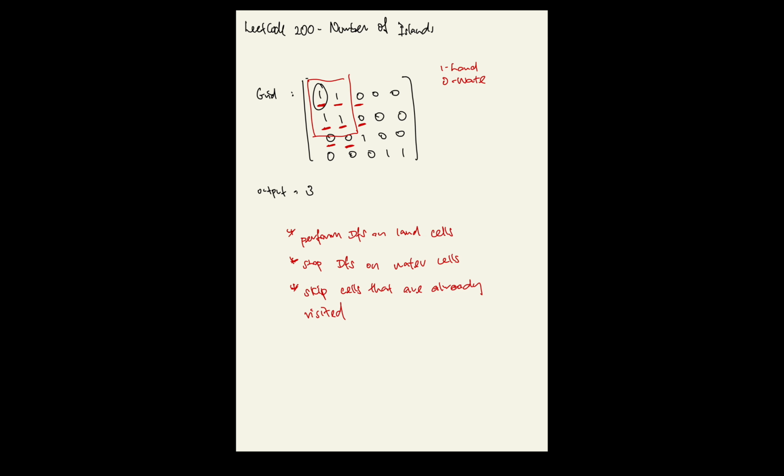Next, you continue the search for other islands. When you reach a node that has already been visited, you simply skip it, because you know this is already part of the first island. Your third node is already visited, do nothing. This is the 4th cell, but it's a 0, do nothing. This is already visited, do nothing. You visit this cell, but it's a 0, do nothing. Then you do nothing for the rest of the cells, and when you encounter a 1, perform the depth